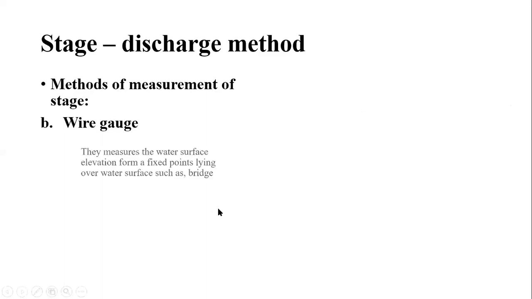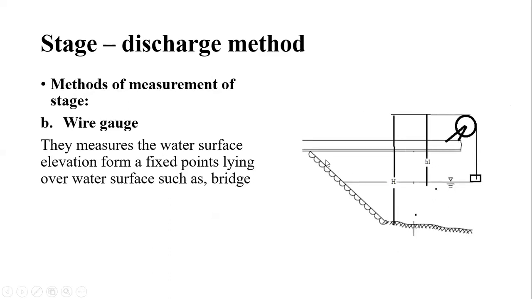And the next method of measurement of a stage is a wire gauge. That is, the next gauge is nothing but the wire gauge. A wire gauge यानी कि क्या रहता है? I will go with the example itself, the sketch itself. Suppose that this is a stream itself and this is a bridge. ये यहाँ पे ब्रिज है, तो यहाँ पे क्या किया है,